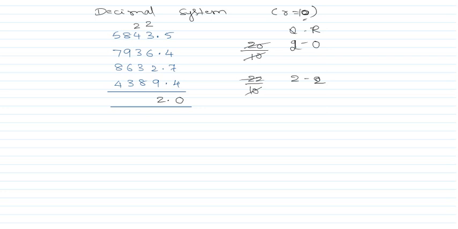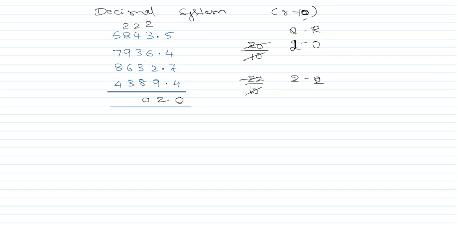So 2 plus 4 is 6, 6 plus 3 is 9, 9 plus 3 is 12, 12 plus 8 is 20. 20 is greater than 10, so divide by 10. Already we did it, I'm just referring to that itself. So 10 goes 2 times with a remainder of 0. So I can write that remainder 0 here and the quotient 2.